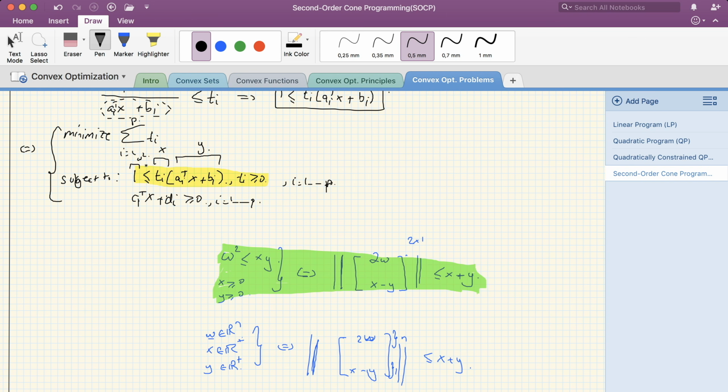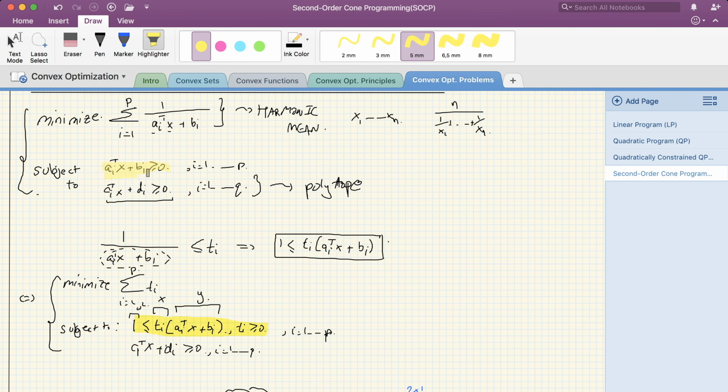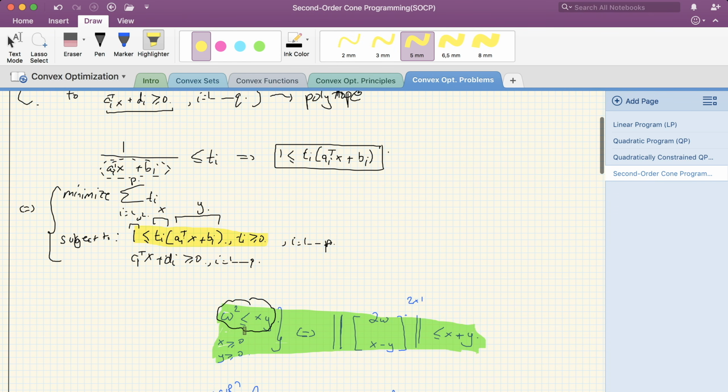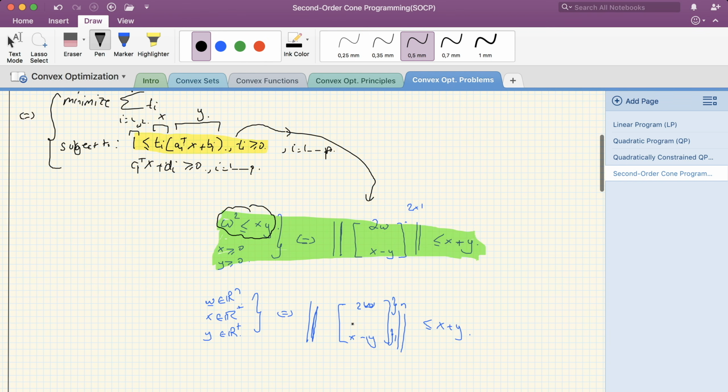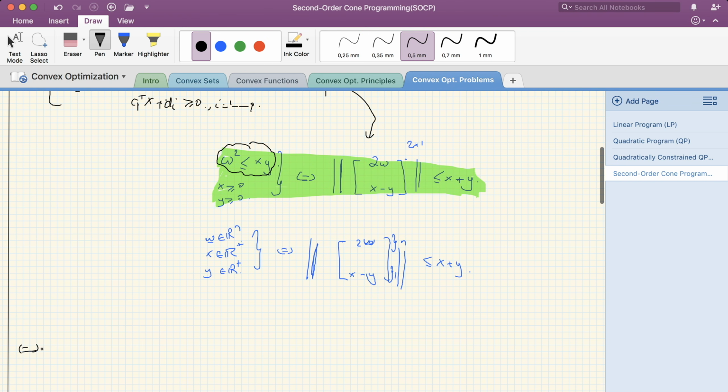So if I pick it as such, then this inequality, which is w squared less than xy, where x is positive because Ti is positive, and AI transpose x plus Bi is positive due to this, combining those three conditions, we're going to get this norm right here. Okay? Now let's use this norm in one of the constraints, minimizing with respect to x and the t vector,